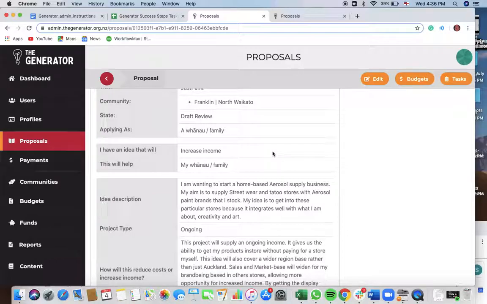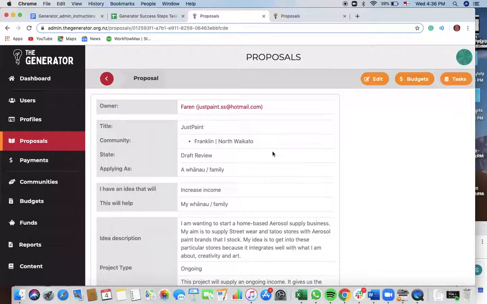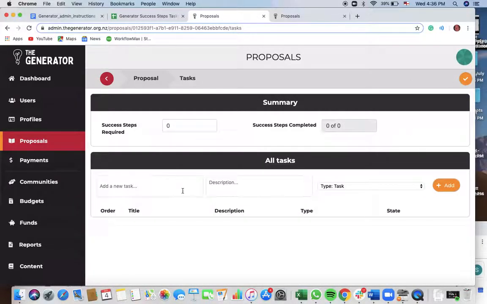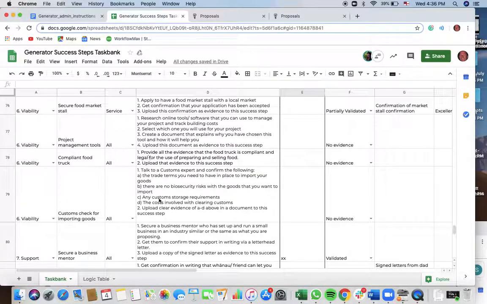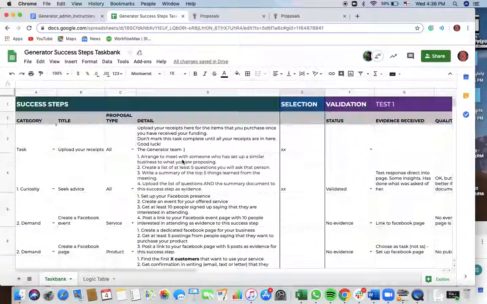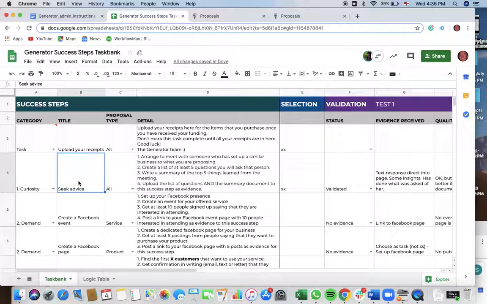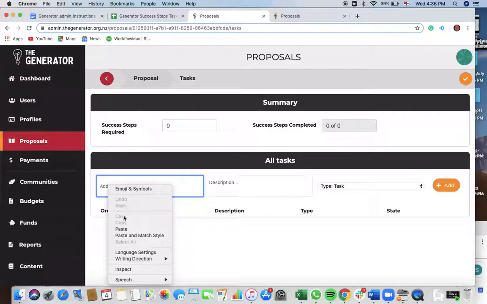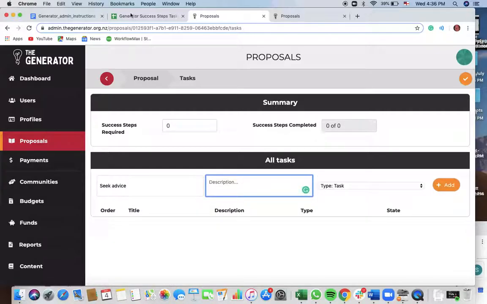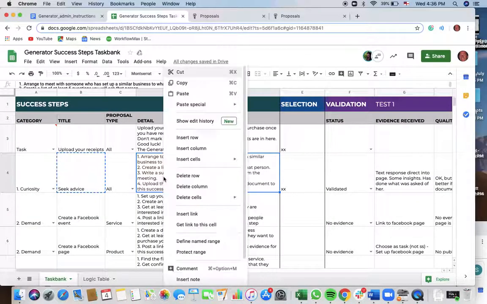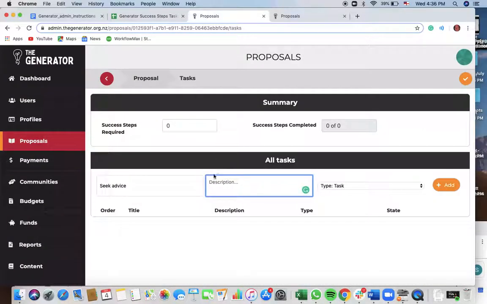So what I do when I create success steps is I go into the task tab. You come in here and basically you start to create tasks. The first task I've identified is that he needs to seek advice. So I come up to here and in the task bank, I've found that seek advice is a success step that I want to do, because it's going to be useful for him to